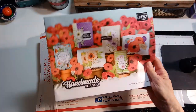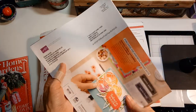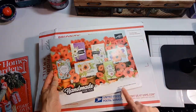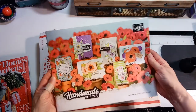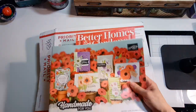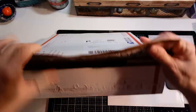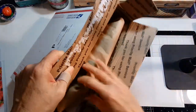I got my Stampin' Up catalog. I got mine from Dawn, so thank you for sending the new Stampin' Up catalog. This is the mini catalog from January to June for next year. And the color's beautiful. I had this magazine come in the mail too, and red seems to be the in color here. And then I also did an order with Kiwi Lane,